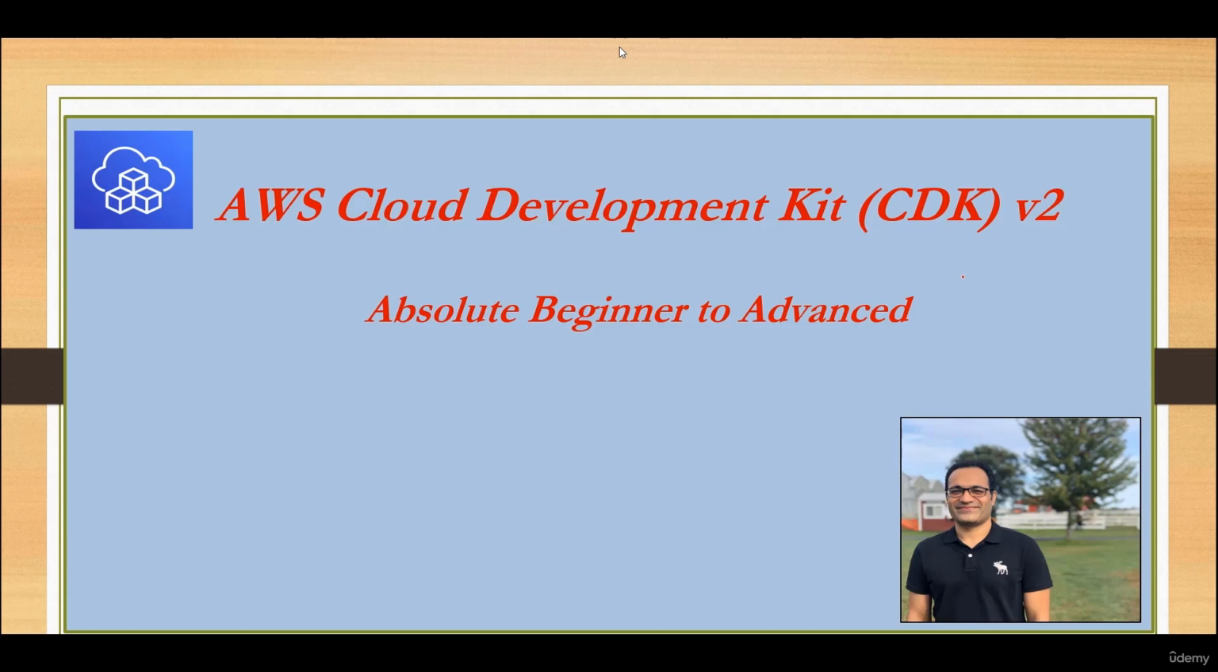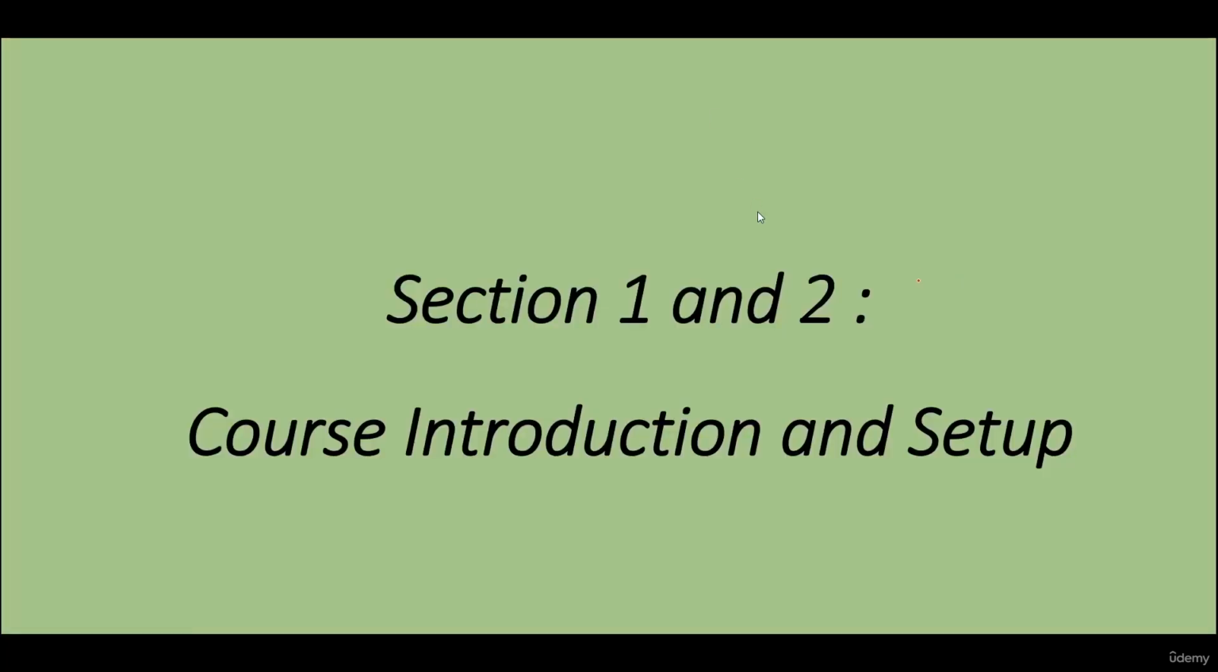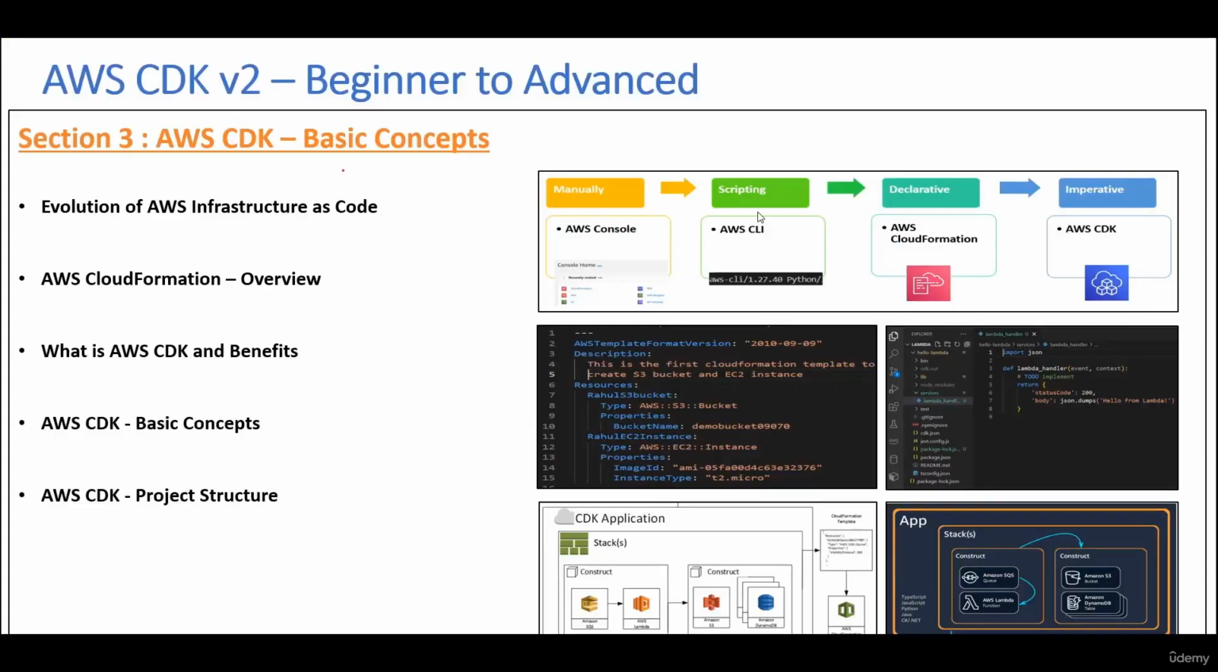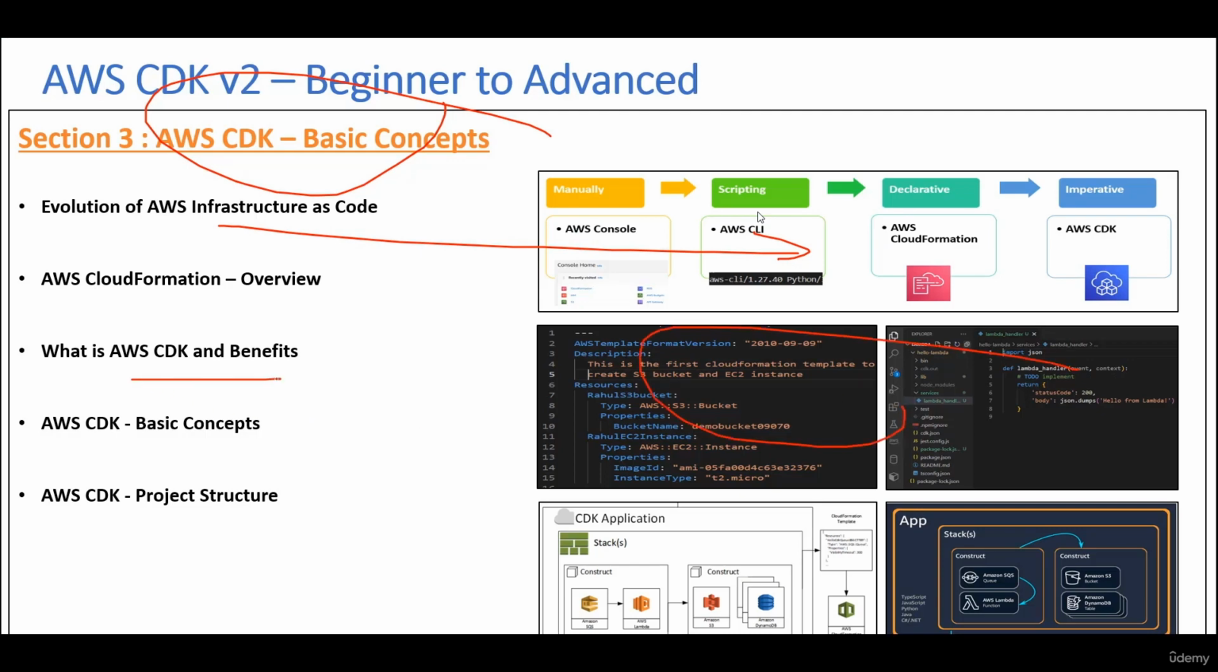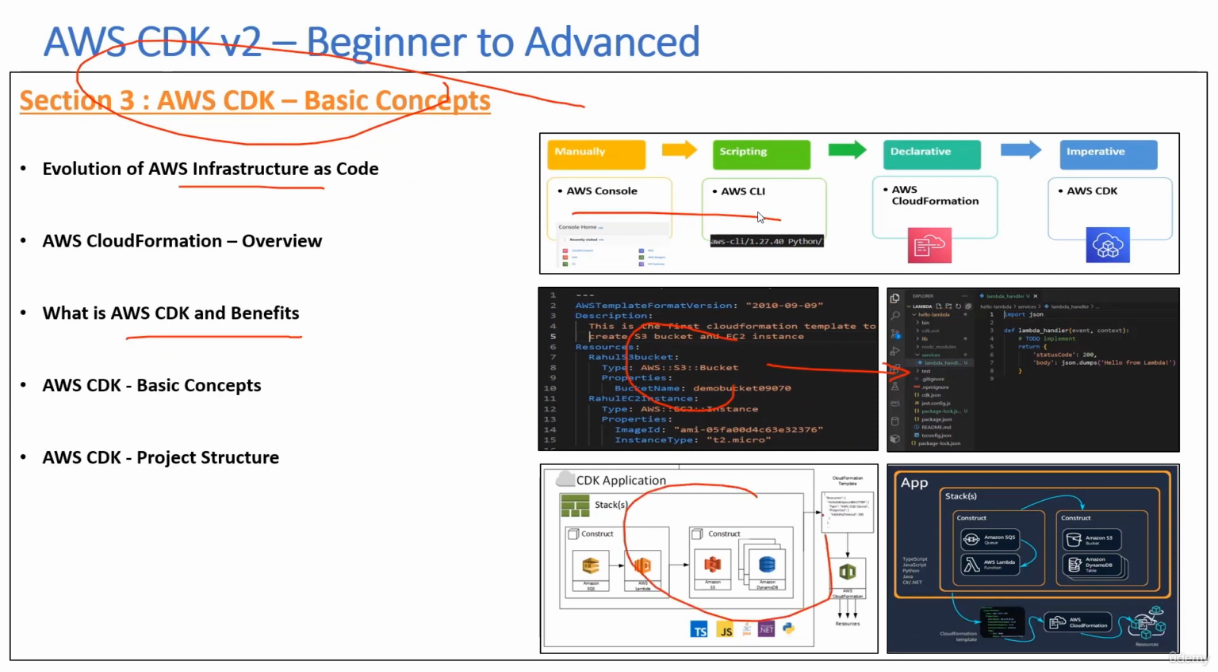So let's quickly go through what we're going to learn as part of this course. Sections 1 and 2 are the course introduction and setup. In section 3, we're going to learn some basic infrastructure as code. We're going to look at the relationship between CloudFormation and AWS CDK. Then we are going to learn why we need to use CDK and its benefits,